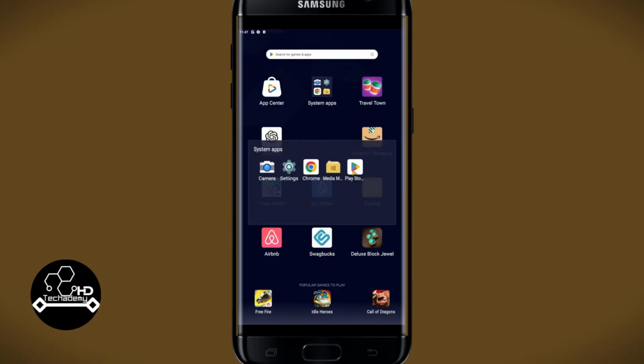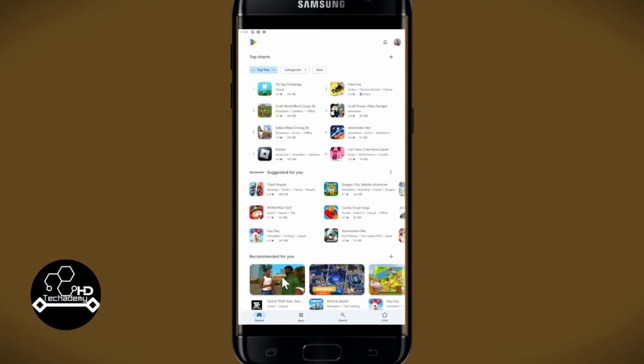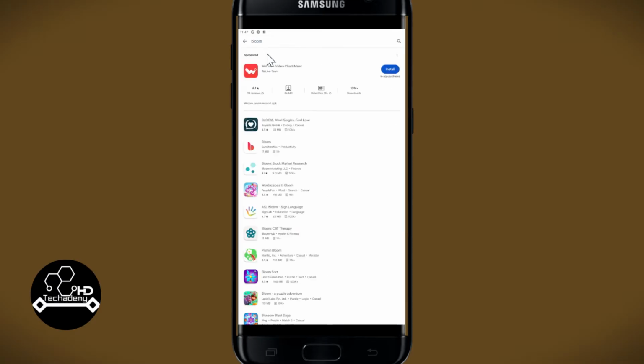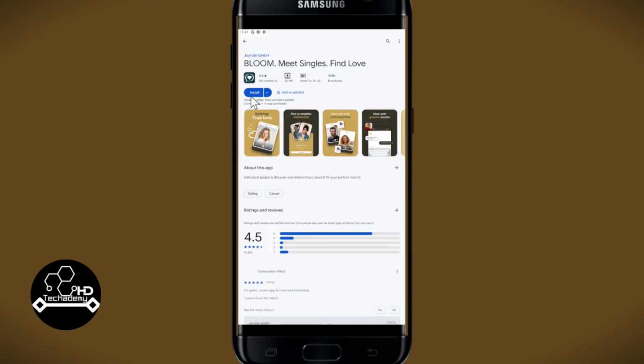First of all, open up the Google Play Store on your device, and once you open it up, tap on the search box and then type in Bloom and start your search. Once you find the Bloom Meet Singles application, go ahead and tap on it, and you will now see the